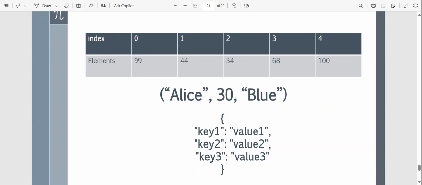Hold on, let me give an example. Assuming key one here is a name, right? This name holds a value called Alice. Alice is a name, right? So let's see, if you want your dictionary to hold more names,